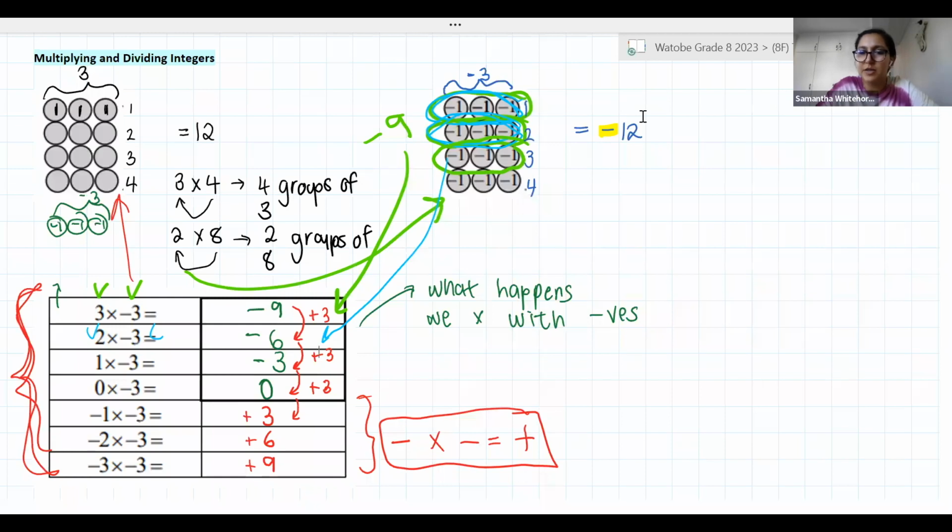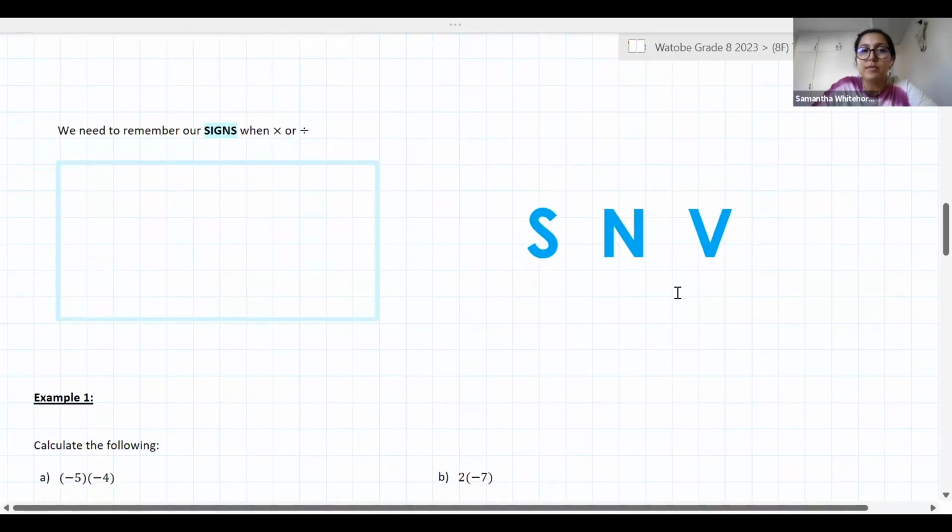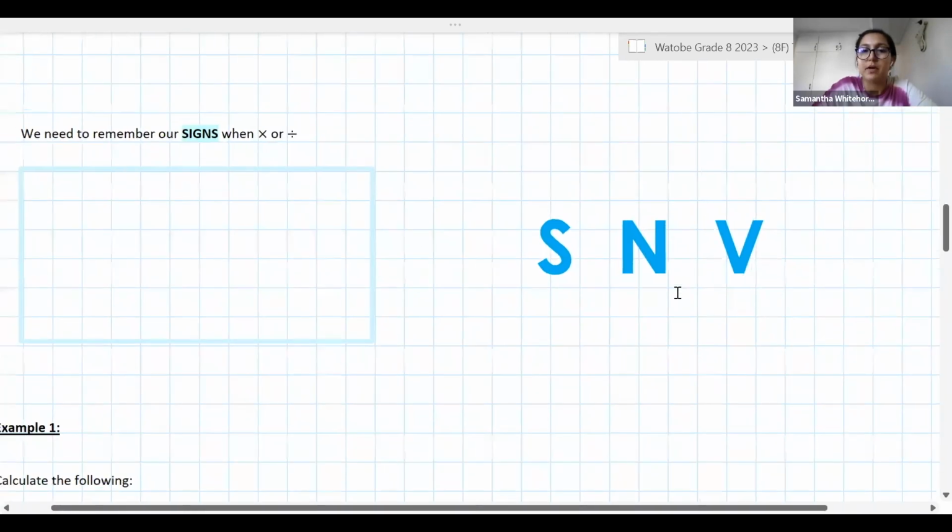Alrighty, guys. So I'm assuming no other questions. I'm hoping we've all got our screenshots. So let's put this idea into practice. Now, you don't have to stress too much about circles and -1s and all the rest of it. It's more just for you to understand why some answers are going to be positive and why some answers are going to be negative. And so this leads us into, we need to remember our signs when we multiply or